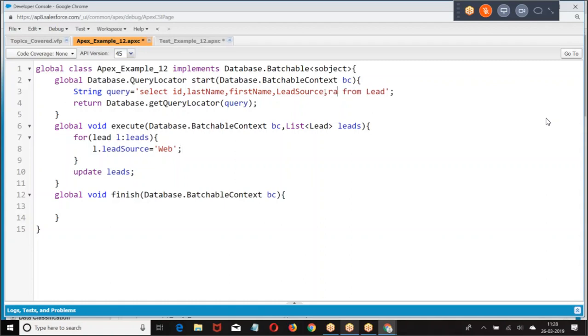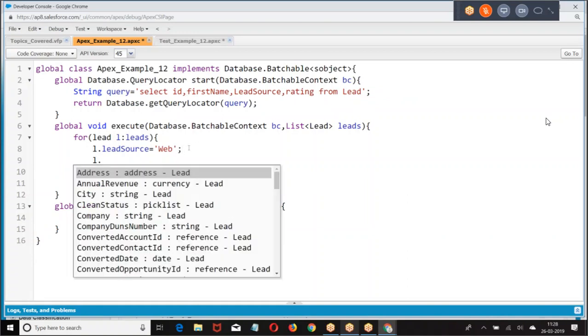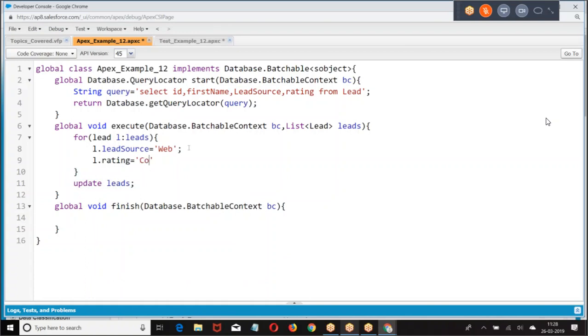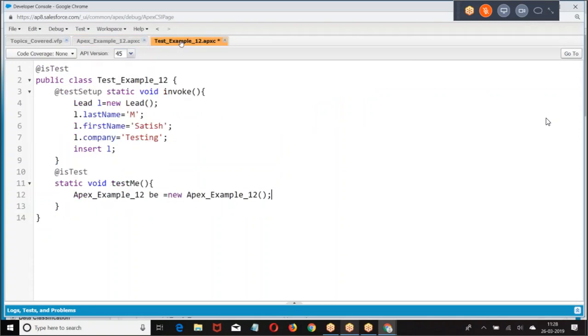I can also give the rating, one more field. Rating equal to, if the batch fix is running properly. So wait, then test dot